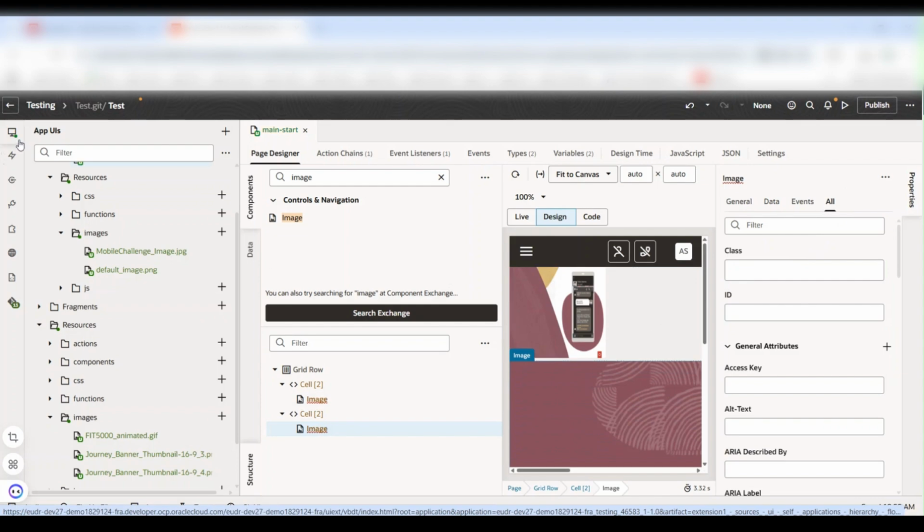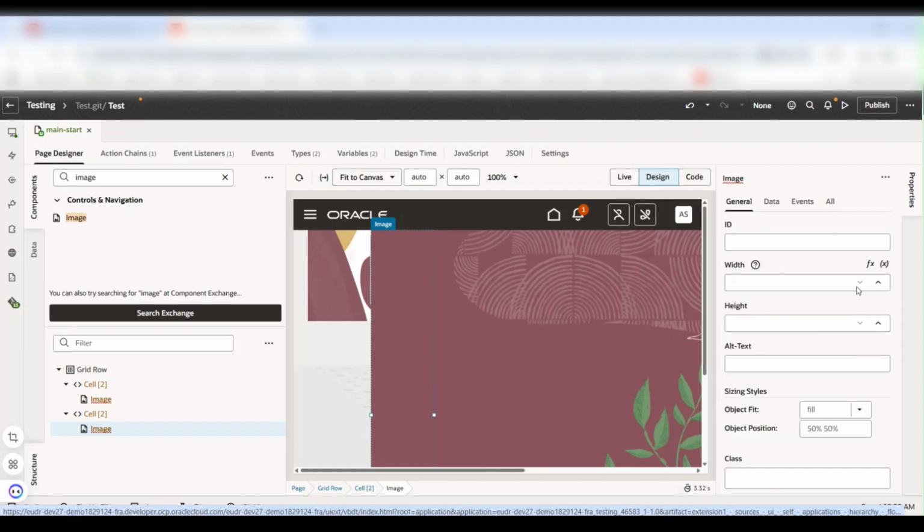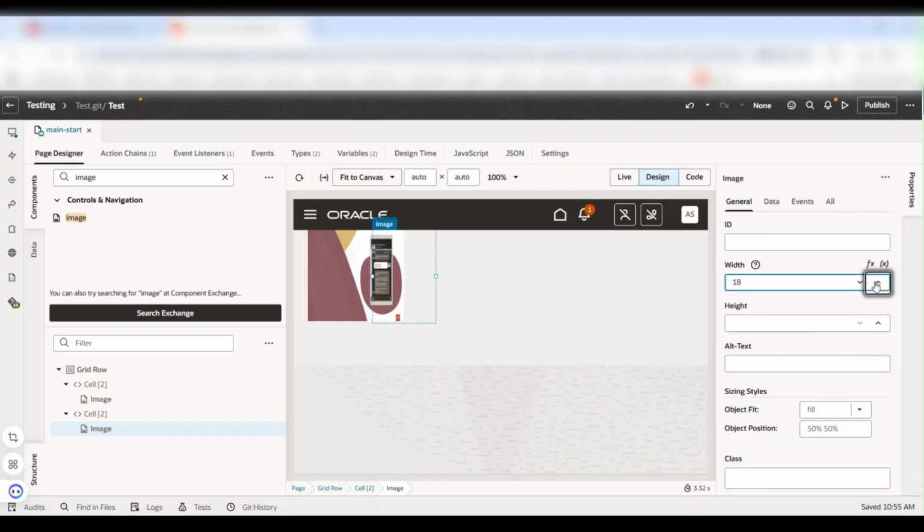If you see here, our second image is showing up. Let me change the properties for this. Let me give it as 150 or something. See here, this is the image which you are getting. This is the mobile image which you are getting from the application path, and this is the flower vase nature image, which you are getting from the extension path. This is how we are going to get the images.